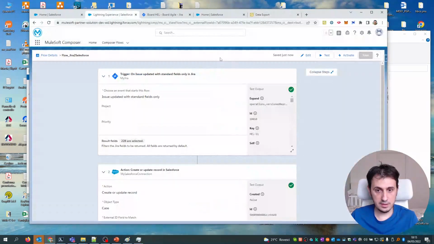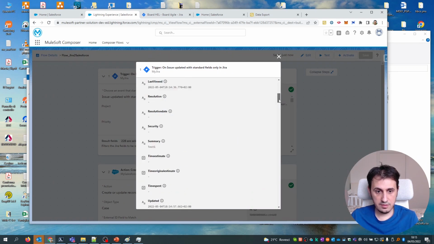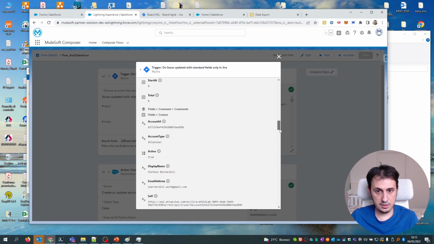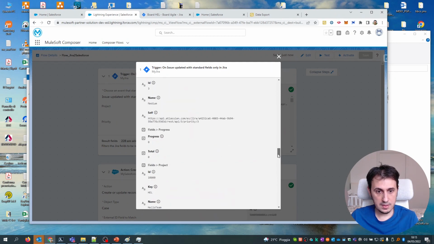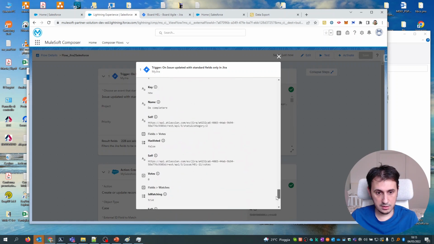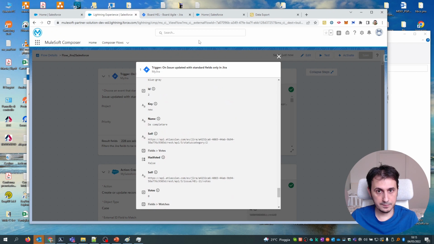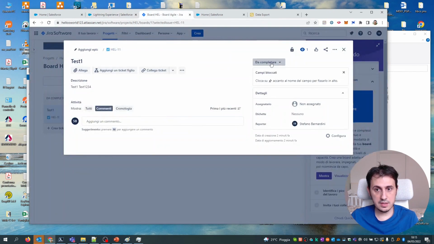Let's complicate things a little bit, but before, let's see the output. This is all the fields, all the values we get from Jira. I want to see something about the closed value, because here I see da completare.